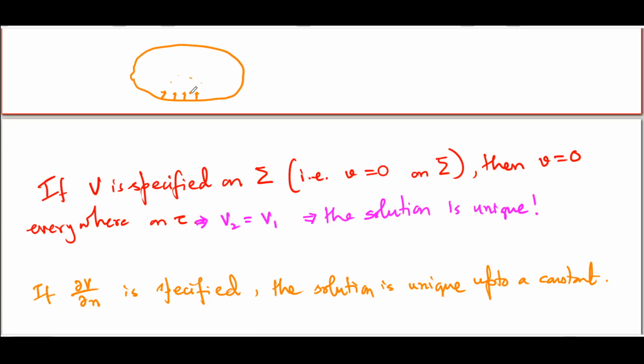Specifying both capital V and del V del N together would actually over-specify the problem, leading to a possible lack of any solution whatsoever. It is easy to see why that will happen. Since the solution is unique,